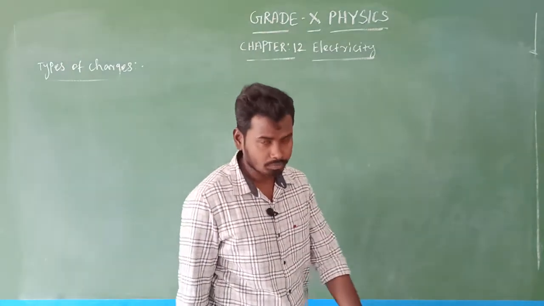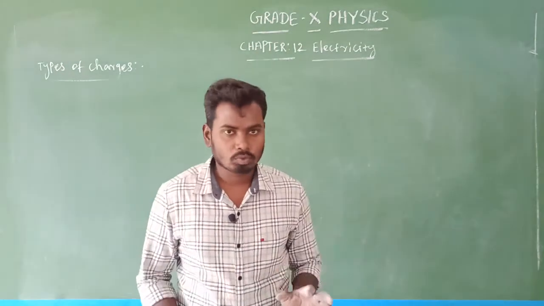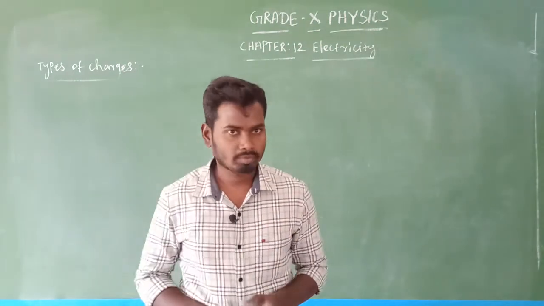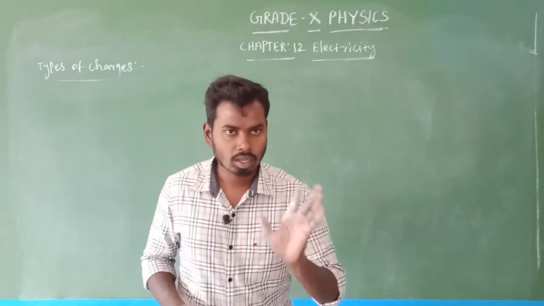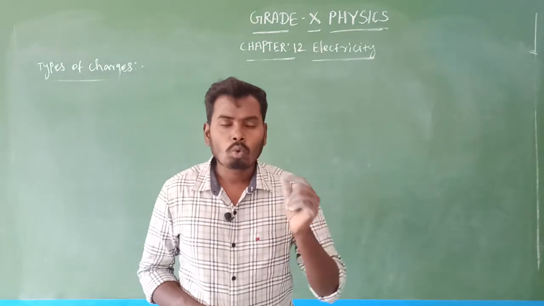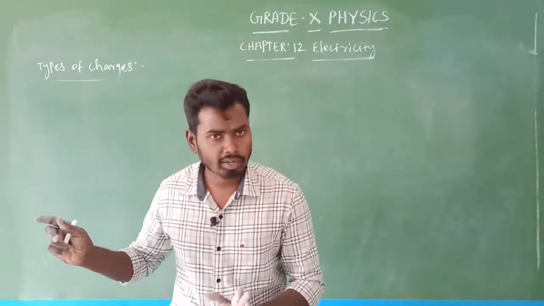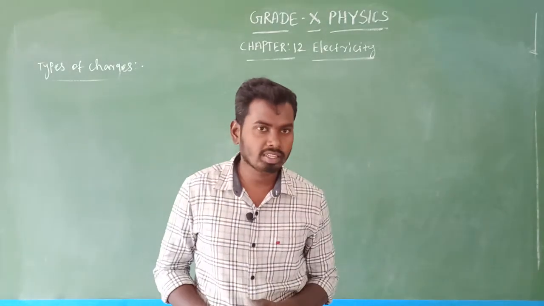So already we know coulomb. What is coulomb? Coulomb means nothing but electric charge. The SI unit of electric charge is coulomb, denoted by the capital letter C. Okay, yes. So the proton has positive charge and the electron has negative charge. Is it clear? Yes. So how many electrons or protons does 1 coulomb contain? This is not only for electrons, it is also for protons. Okay, so the next question is rising here.